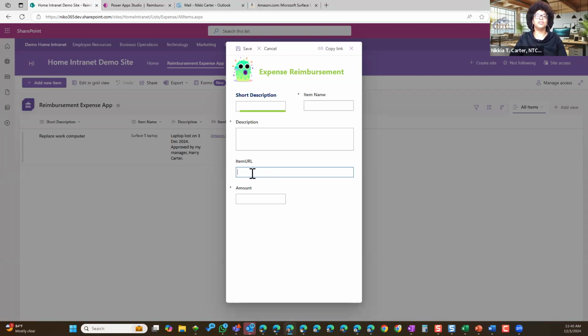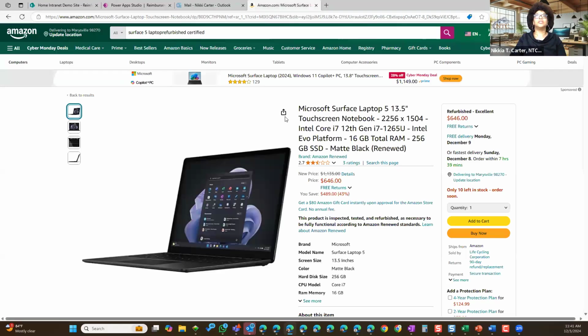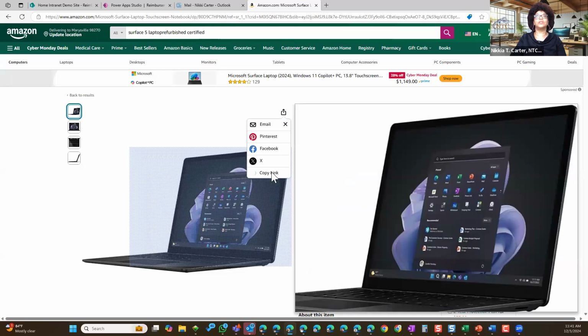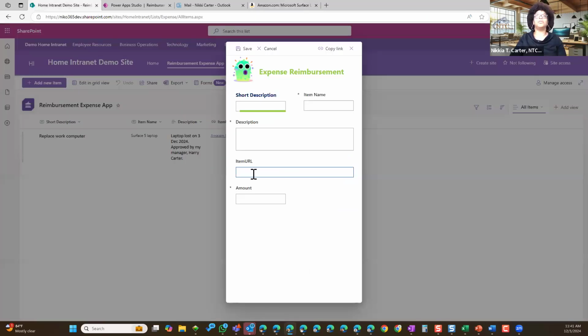Now this one's URL is a little bit different in that when I add the URL to it, let's say copy, I don't get the two pieces of the URL that I got before. I just get the ability to input the URL. So I can add some more stuff. Surface Book. Now he wants the Surface Book 5 too.